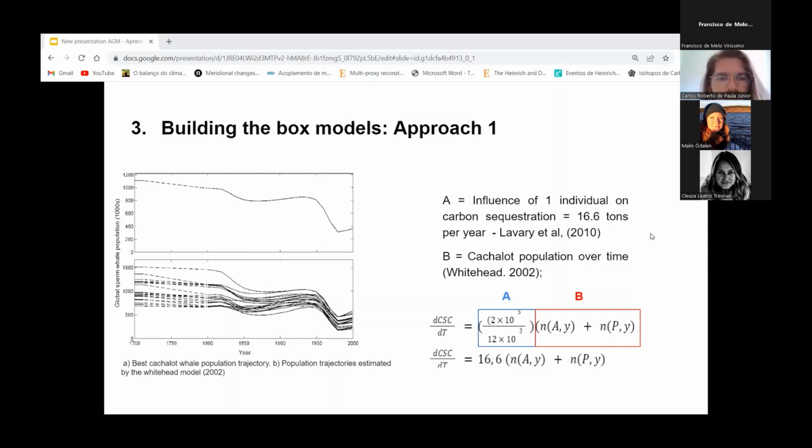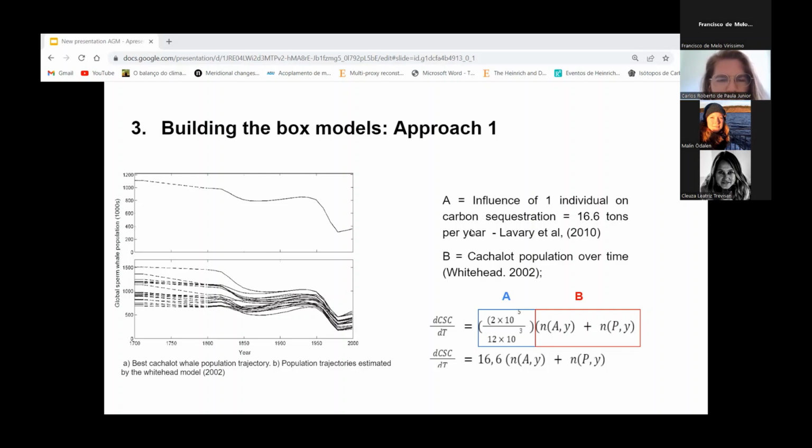In this one, I used the population data from a model created by Whitehead in 2002, indicated in the graph on the left. And then I estimated the influence of cachalot whales on carbon sequestration based on my research with collaborators, indicated by the letter A here, in the equation on the right. The letter B represents the equation for the historical population of sperm whales created by Whitehead. So with this data, I created this